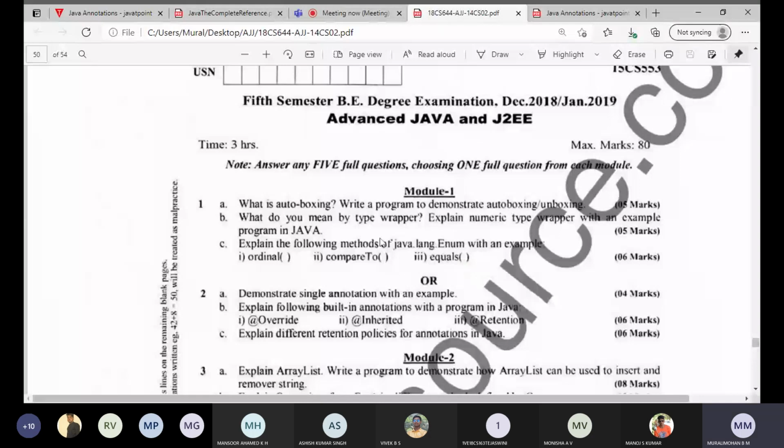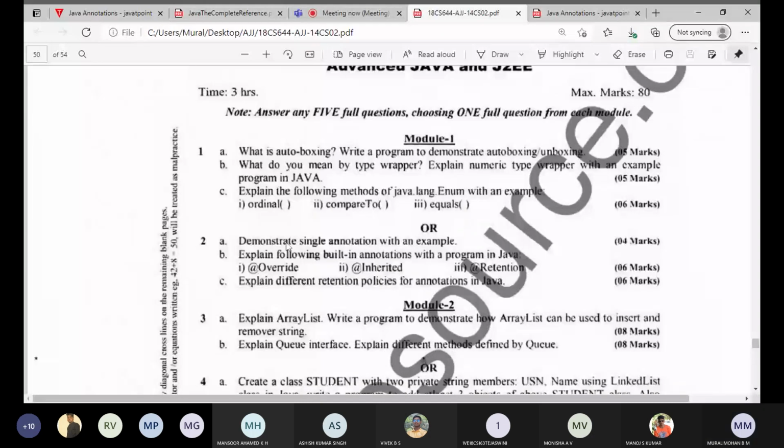Okay. Next, demonstrate single annotation with an example. Single annotation means annotations with only one member. Next, explain the following built-in annotations with a program in Java.